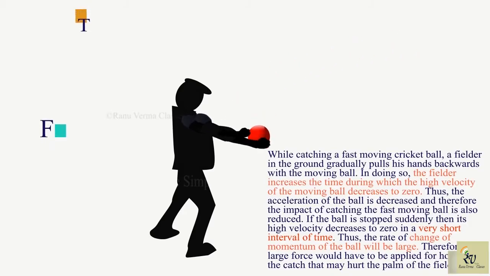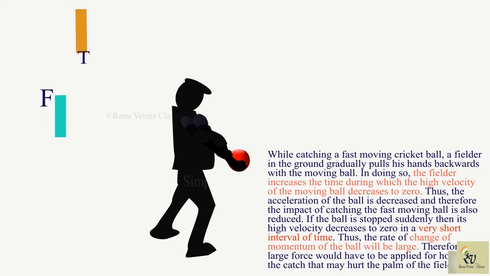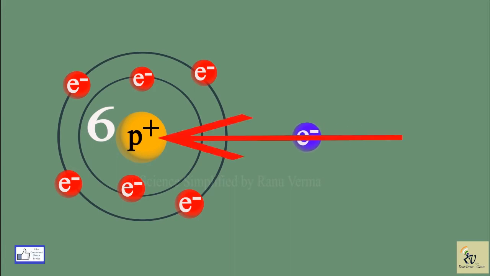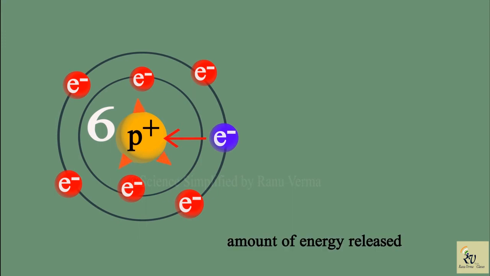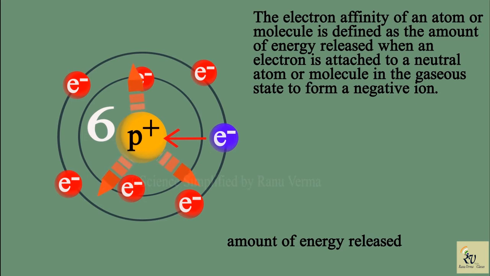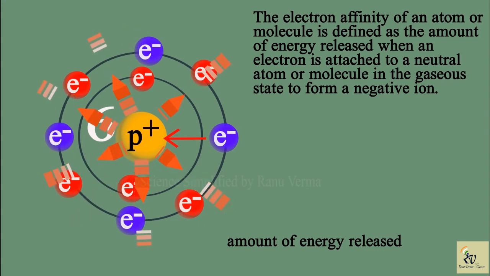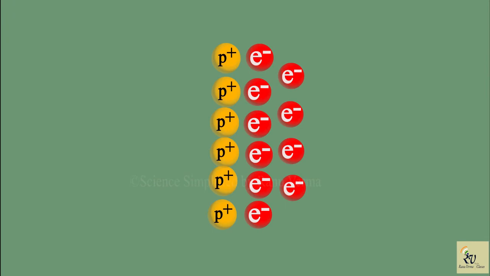Have you ever noticed that when you catch a ball, you burn your own energy to catch that ball? Same way, when an electron is added to an atom, the nucleus of the atom attracts that electron and releases energy. This is called electron affinity. Affinity means attraction or love. Here, the addition of 4 electrons will require a lot of energy, and now the 6 positive charges of the protons will not be able to balance the power with 10 electrons, because after adding 4 electrons, it will become 10 electrons.